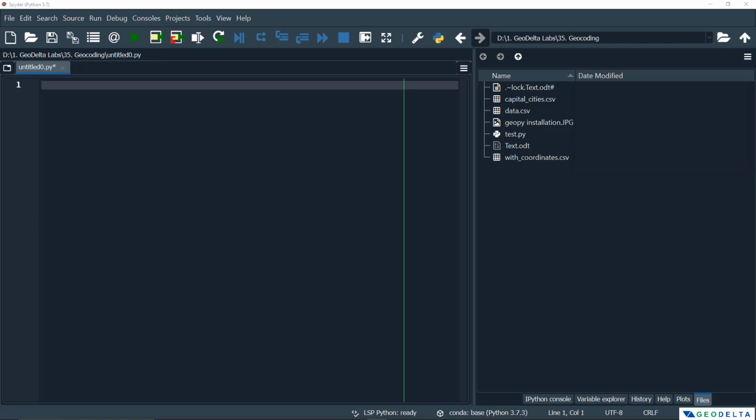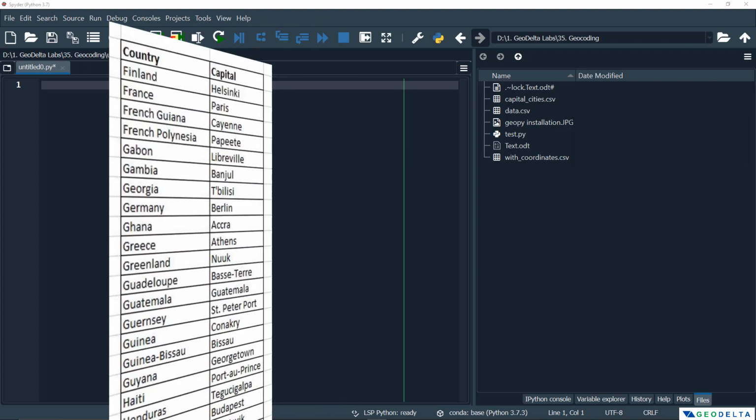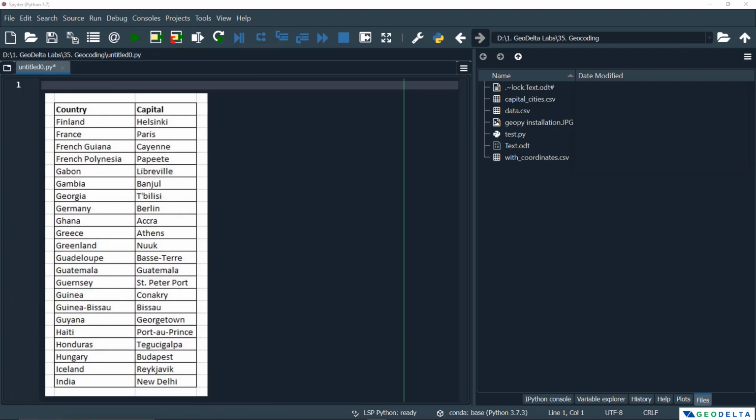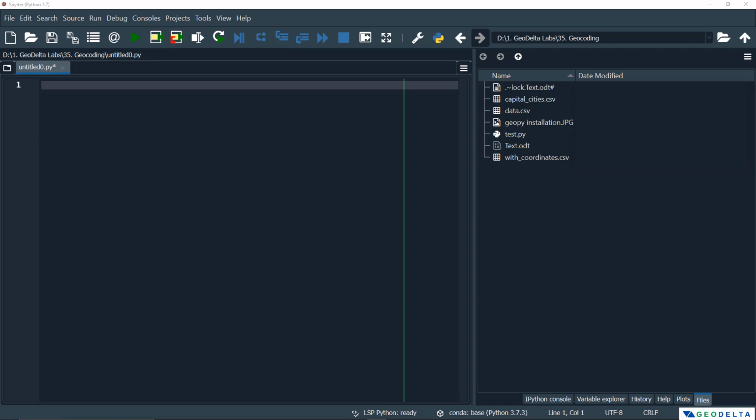Hello guys, in this tutorial I'm going to show you how you can automate the process of retrieving geographical information of a list of places like this using Python. And we're going to make use of a geocoder to do this. And if you're wondering what geocoding actually is, geocoding is basically the process of transforming places, names or addresses into